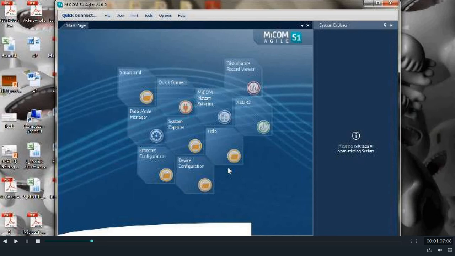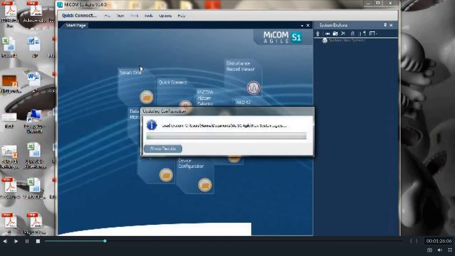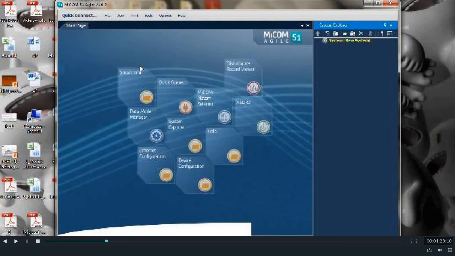For communicating the software with the relays, relay profiles are made in the software, or if there is already an existing system, we can go to the right hand side and open the existing system. Through this we can go inside the existing relay system and download the DR and event files from the relay. That part I am not going to explain too much here, so we shall skip this part.